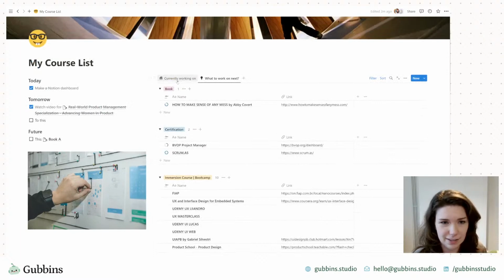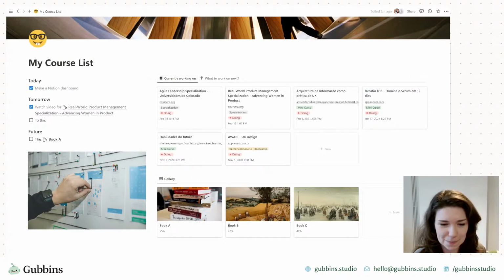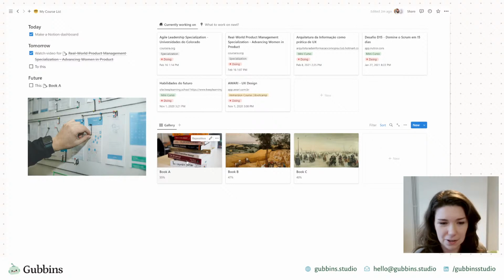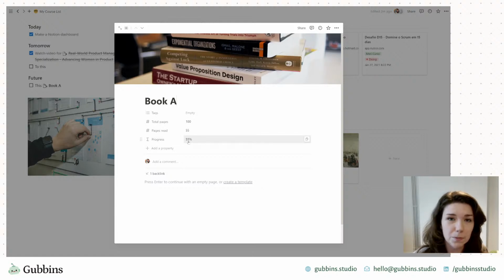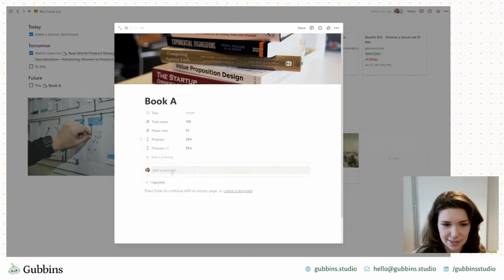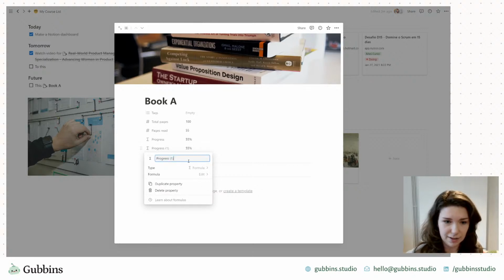And then finally I had a flash of inspiration, and I just wanted to go through quickly how you could not just organize courses like this, but how you could have books or something where you know exactly what the start and end points are, and to be able to generate progress like this. Oh, one more thing. Oh my gosh, terrible at timekeeping. But say you wanted to not represent this as a percentage, but use the bar that we had before, I think you can do that with formulas. Let's just test this. Progress bar.